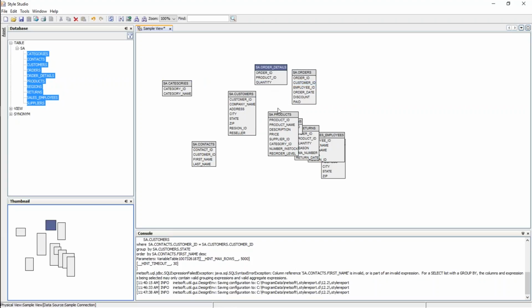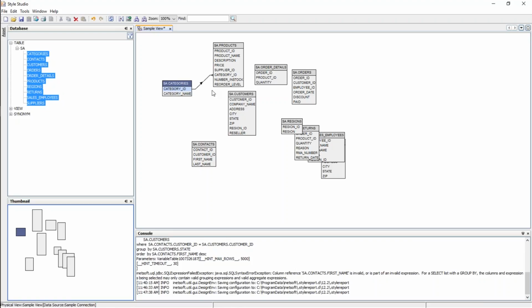Orders, that's not it. Products, right? So here's the products table. I know that these two tables are related to one another, and they're related on the category ID field. I see that field in both tables. Just like we did when we were doing the query, I could click and drag to relate those two tables,